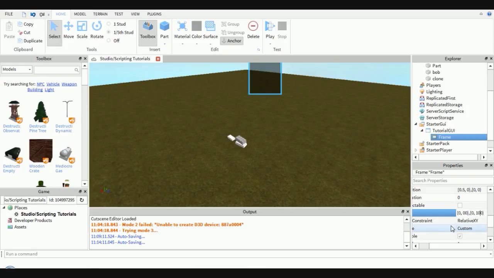So actually, yeah, the first value in each set of coordinates, those are the, no, the scale values, and then the second is the offset values. So let's do, the size will be 0.1, 0.1,